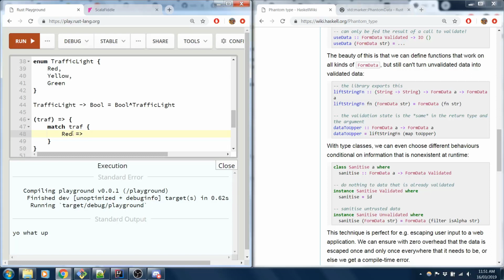But yeah, this is basically a way of naming like a wildcard normally. I'm not using it in that way, I'm using it in this way. It's less typing for me if I do it like this. But essentially I could do something like this, right? I go like red maps to true, yellow maps to true, green maps to true,